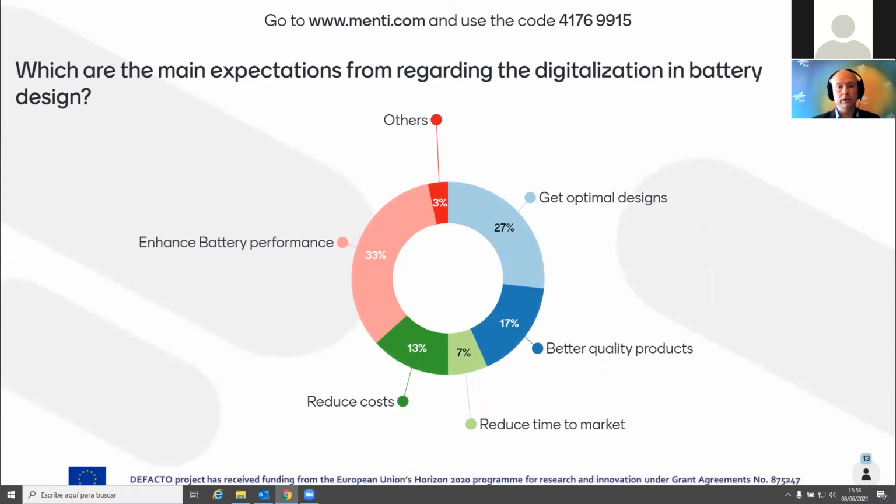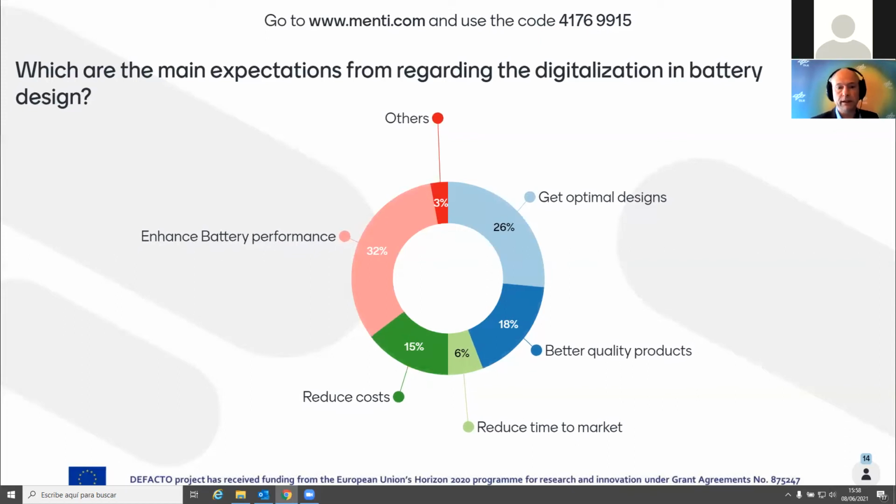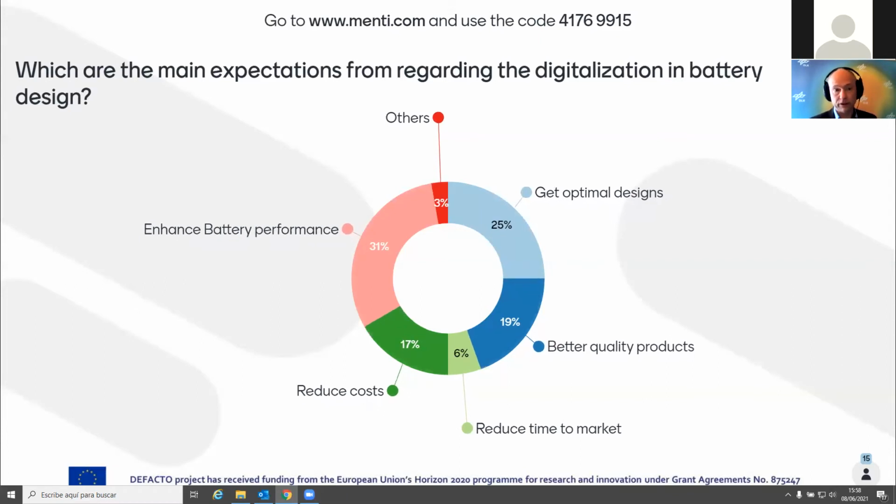It's not a real choice here. I mean, you really have to optimize both things. As I said, all these questions are multi-criteria optimization problems. If you go too much into enhancing battery performance, you might have a very expensive battery design, which is sometimes necessary, for example, for space applications. You want a battery which works for many, many years, since you have no way to control it. On the other side, if you have a battery for an e-bike, you can change it relatively often, and it's not too expensive to do it.